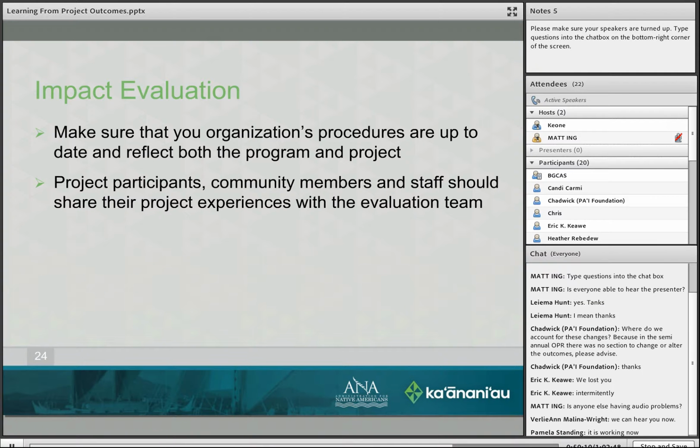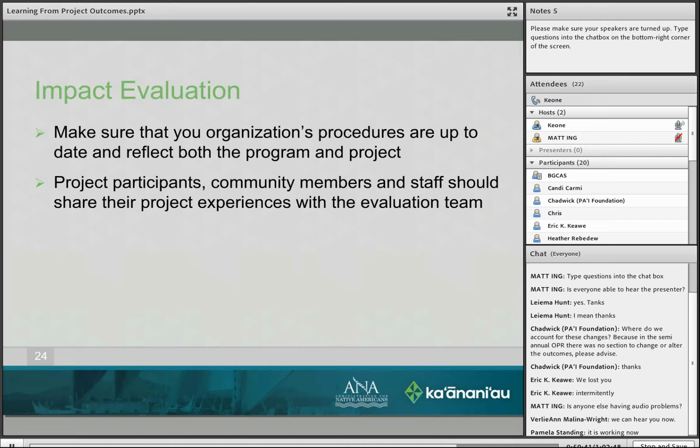Make sure that the project participants, community members, and staff share their project experiences with the evaluation team. That's really important because as a project director or program executive director, you might have one perception of what's going on.